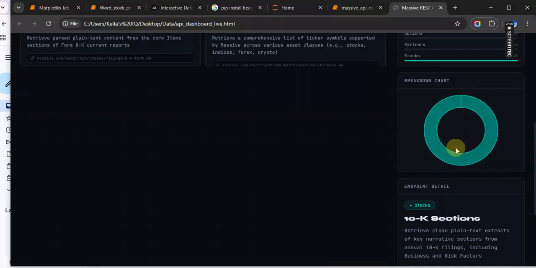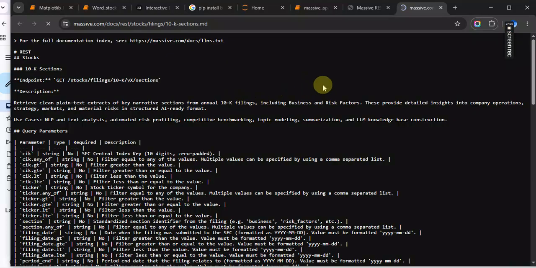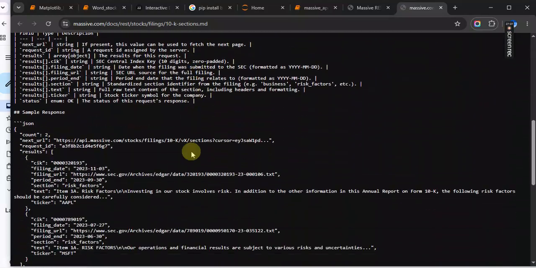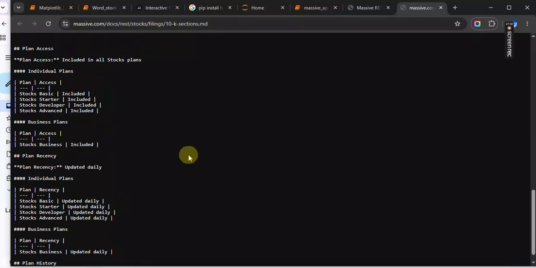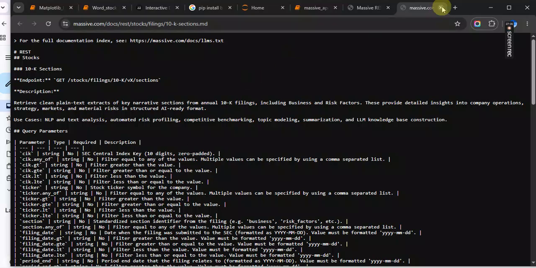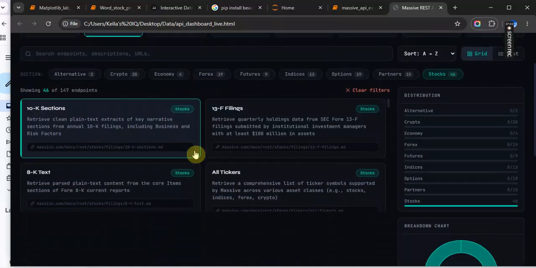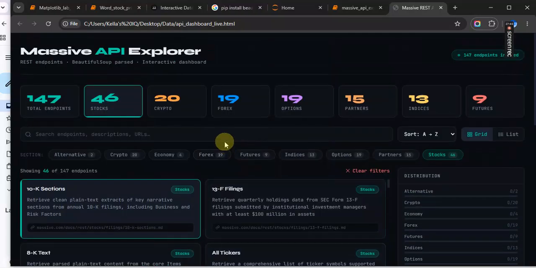So this is the breakdown chart, which shows the example. If you look down here, there is where you can get the method. We are using the GET method, the format JSON, authentication via API, and then the section stocks. So you can read more about it, right? See how it's serving us. So this is the JSON, how we are getting the data in real time. You get it. So this is basically how you can turn from zero to your application. This is an advanced data science